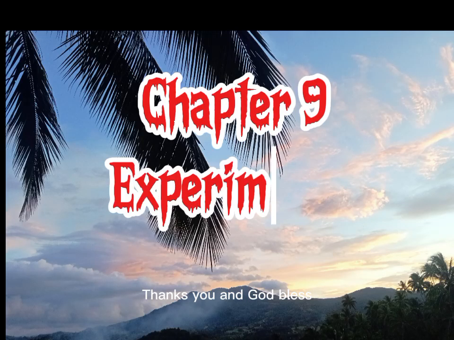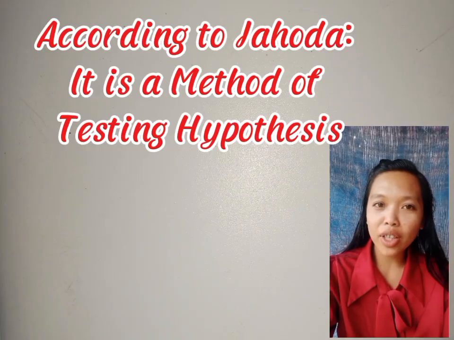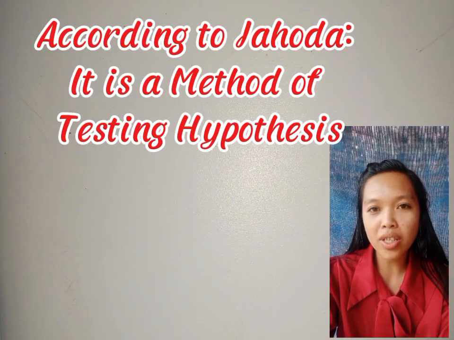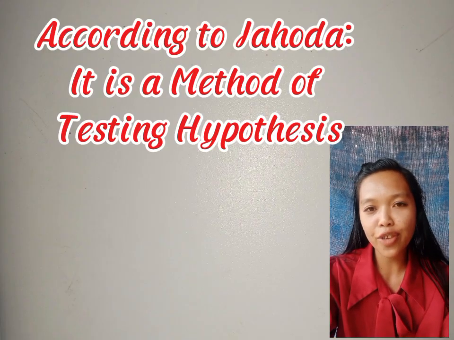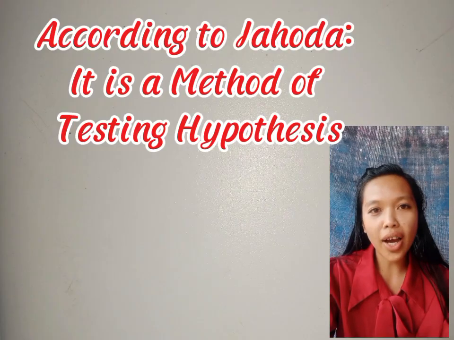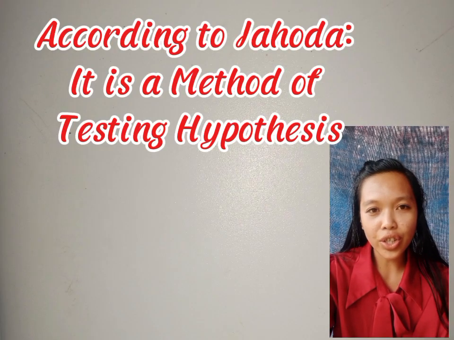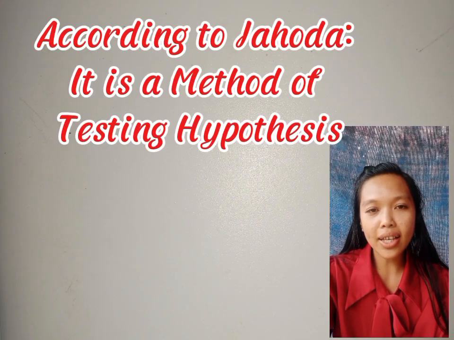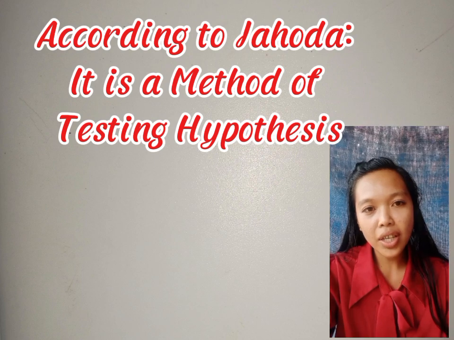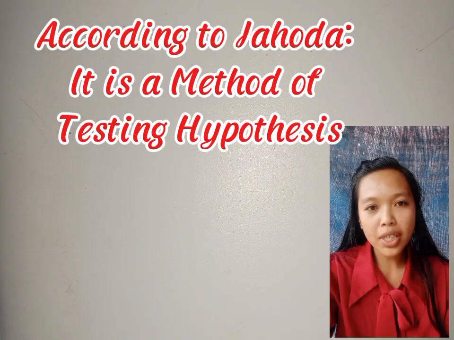Chapter 9, Experimental Method. Jehovah defined experiment in research as a method of testing hypotheses, because this definition highlights the core purpose and function of experimentation in scientific inquiry. The first one, why Jehovah defined experiment, is the central role of hypothesis in scientific research. She emphasizes that experiments are not just random trials, they are structured investigations designed to confirm or refute a specific